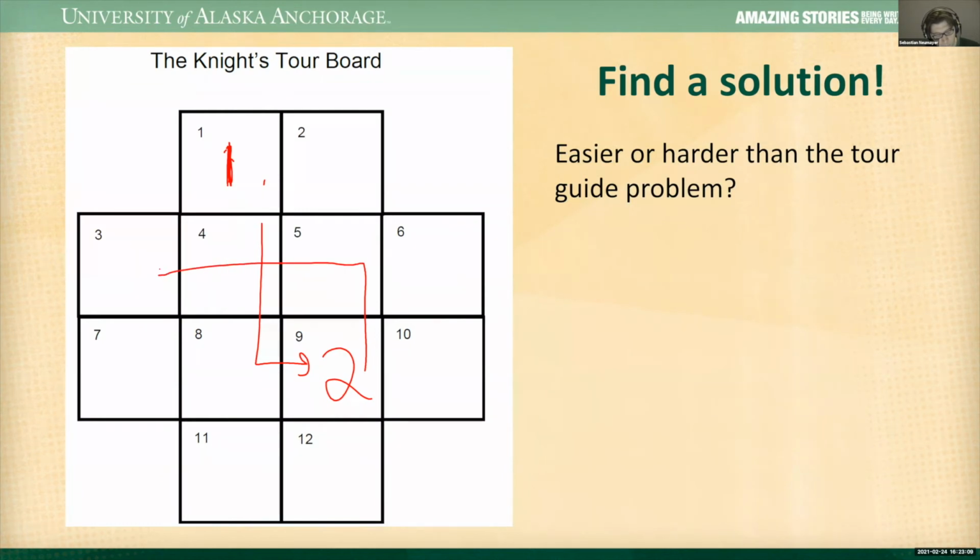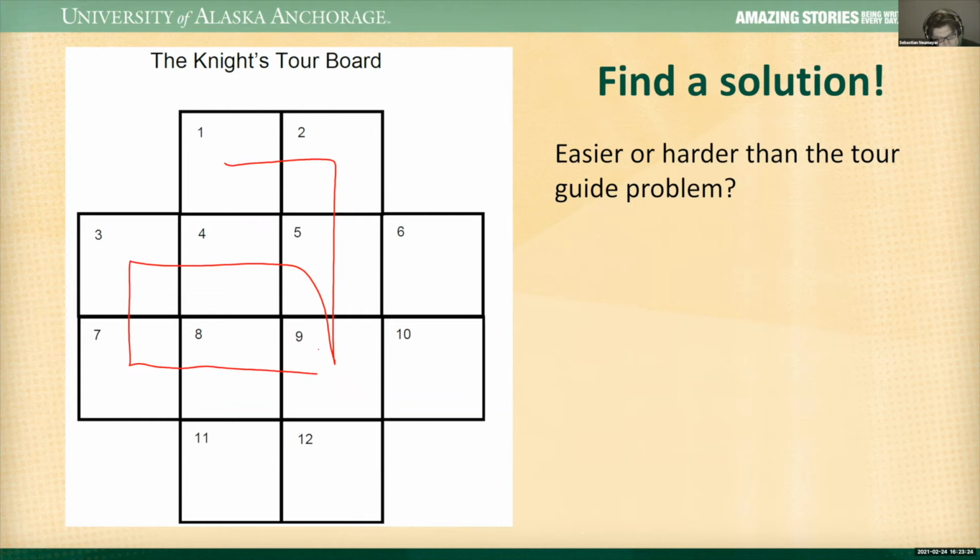And for our next step, we're going to move to square 3, and then we might go to, I don't know, square 11 for our fourth step. And so the challenge is, can you find a tour for the knight? So can you move the knight so that he visits every square and then comes back home? So I'll let everyone work on that for 20 seconds or so, and if someone has an answer, you can just go ahead and type it in chat or draw it on the screen or tell them.